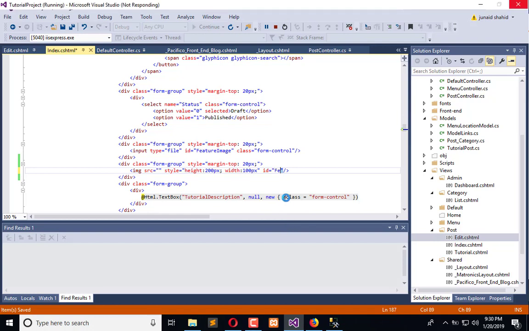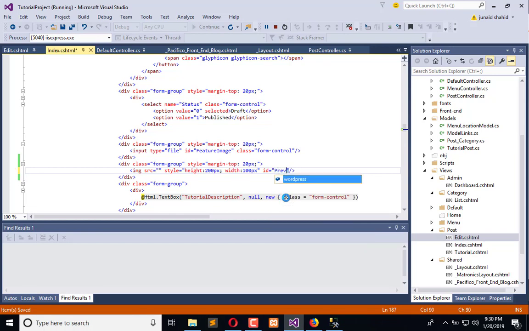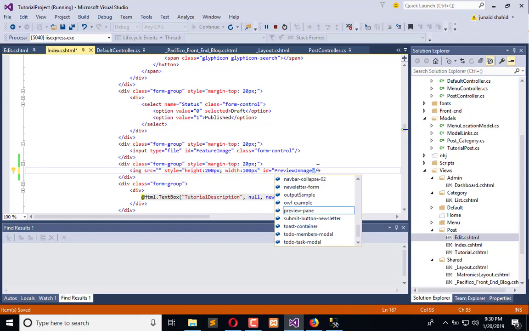So whenever we upload the image in the feature image ID, we will submit it in real time into this ID. So we will say preview image. Okay, so this is the ID, preview image,